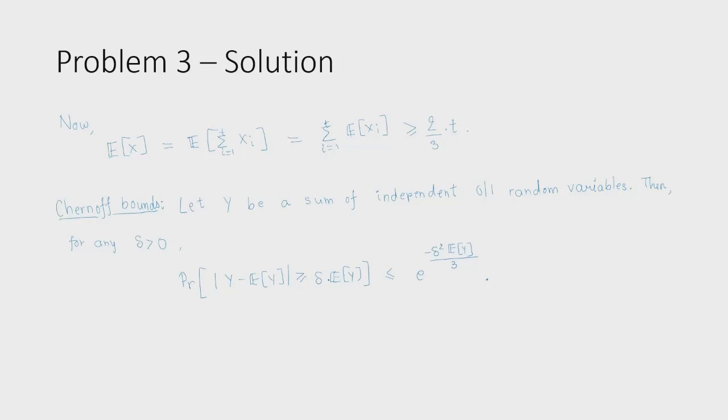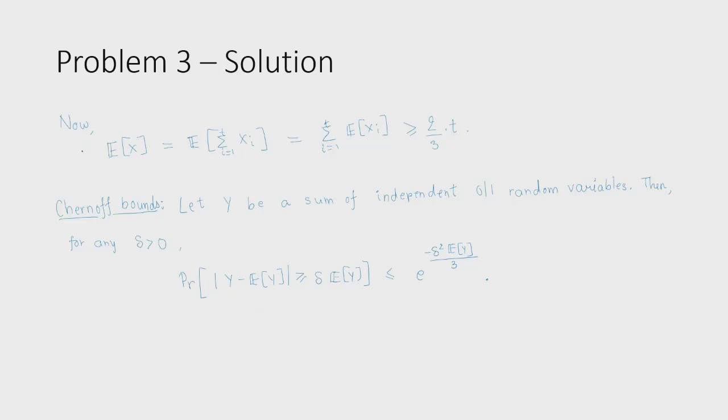Suppose you want to find out what is the probability that the number of heads would be between 500,000 plus or minus 50,000. So it is between 450,000 and 550,000. In that case, delta would be 0.1 because 50,000 is like 500,000 divided by 10. Okay, so this is the Chernoff bound, and we'll use this